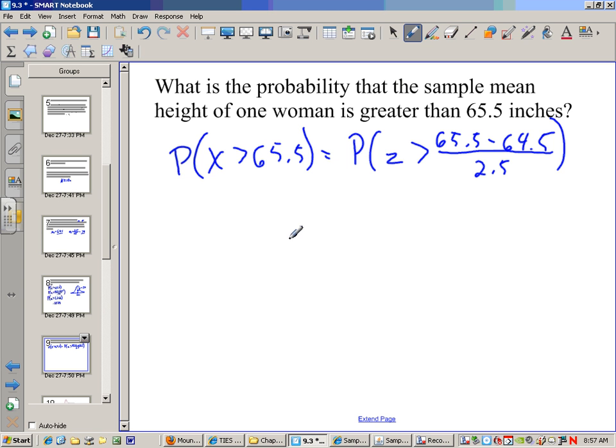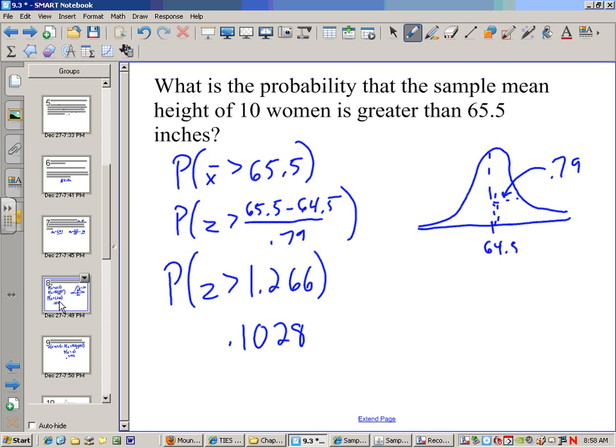So that's going to be the probability that my z is greater than 1 divided by 2.5, which is 0.4. The probability my z is greater than 0.4, I do a normal CDF from 0.4 to a big number, and I get 0.3446. So about 34.5% of the time